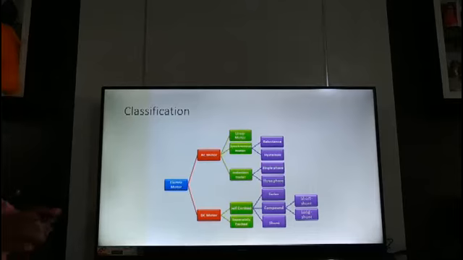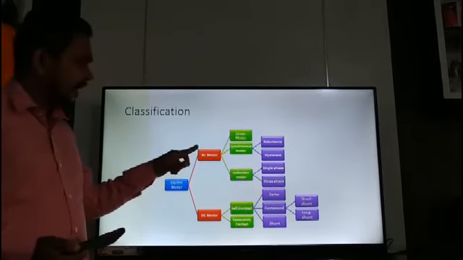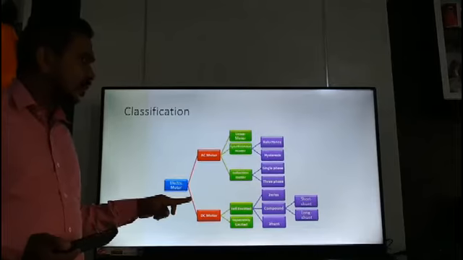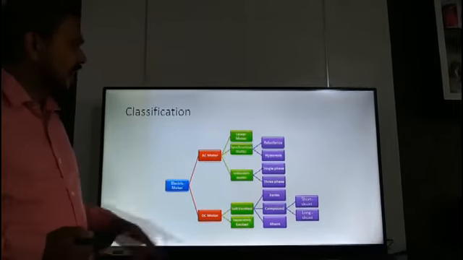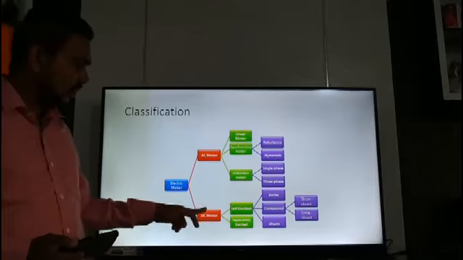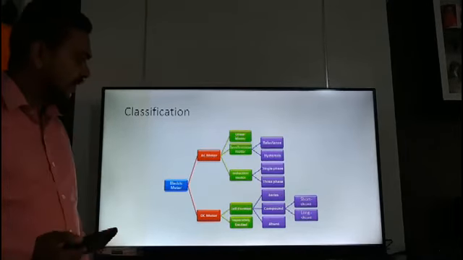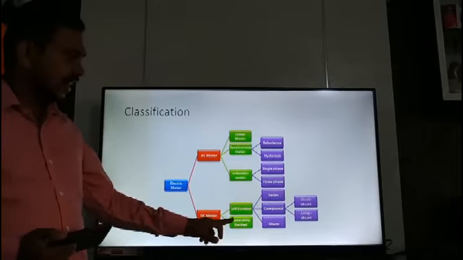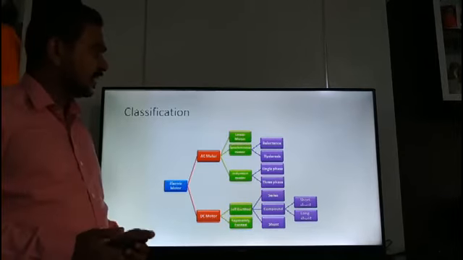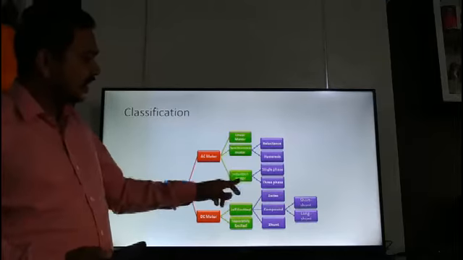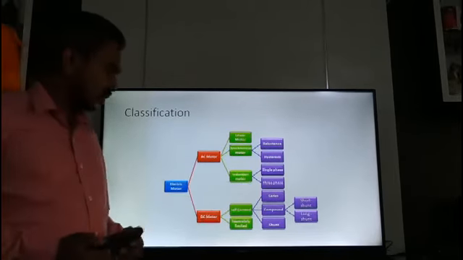So, classification of electric motor. Electric motor is mainly of two types, that is AC motor and DC motor. In AC motor it is linear induction motor, synchronous motor as well as induction motor, whereas on the DC side, DC motor is classified into two categories, that is self-excited DC motor and separately excited DC motor. On the AC side, synchronous motor is classified into reluctance and hysteresis motor, and induction motor is classified into single phase induction motor and three phase induction motor.